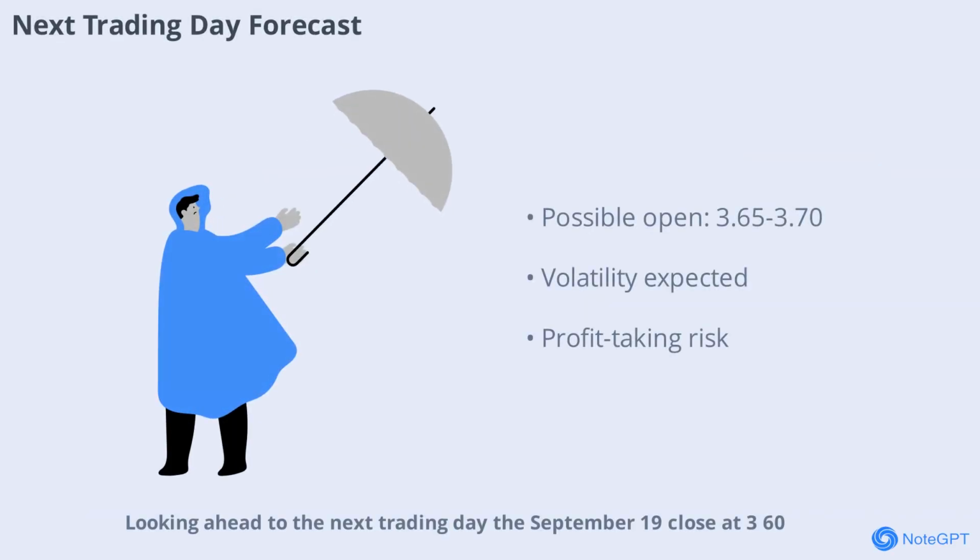Looking ahead to the next trading day, the September 19 close at 3.6, near the session high of 3.89, and moderate volume suggests the stock may open slightly higher, around 3.65370. However, given THAR's extreme volatility and the recent correction, caution is advised. A position below key moving averages means any gap could attract profit-taking, leading to rapid swings as the market reacts